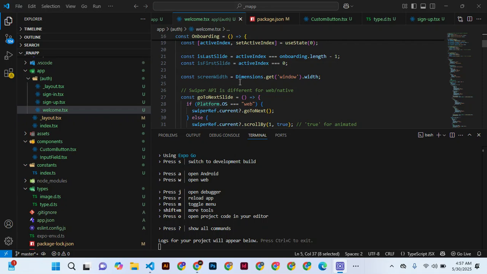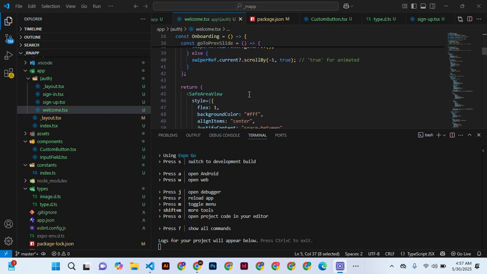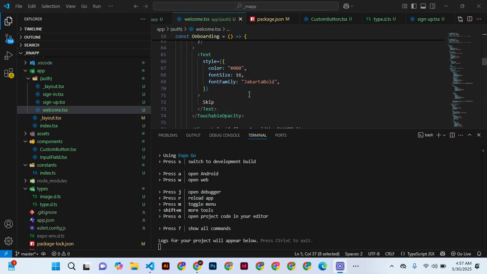Okay, this is new. Now, when you want to make sure dimension and you are getting width of screen, and that is in the form of percentage, you can use this get dimension or dimension.get windows width, and then you can do it like this. You can use this, and when you come somewhere like